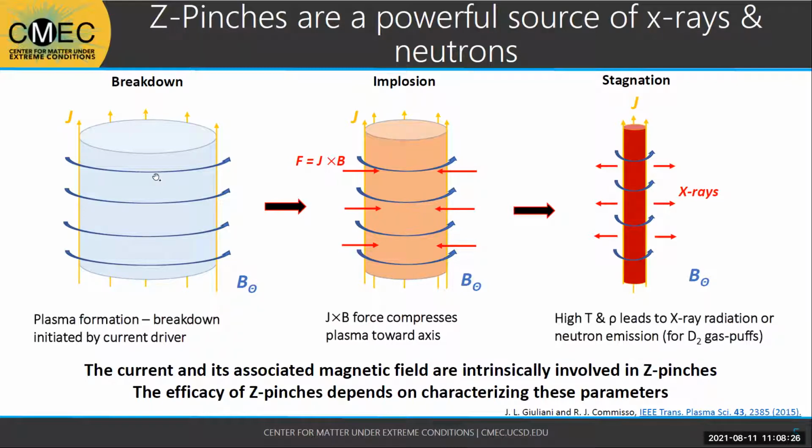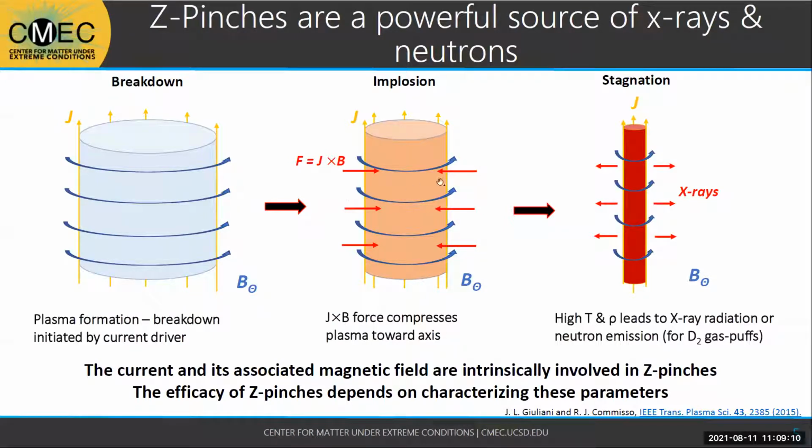And the way you can break that process down is into 3 basic steps. First, you need to form a plasma from an initially neutral, non-conductive material, and that's done with basically a breakdown event of the neutral gas. That can actually be instigated by the current driver, or you can have a separate preionization system. Once that's done, current can start flowing through the plasma and set up an azimuthal magnetic field,